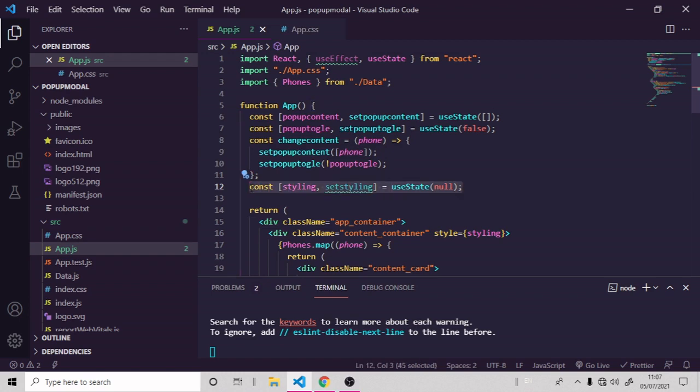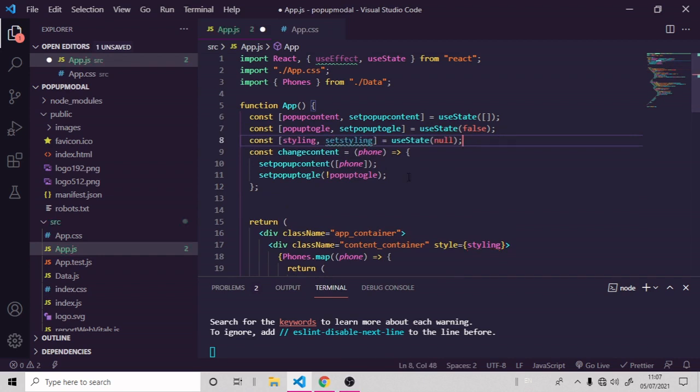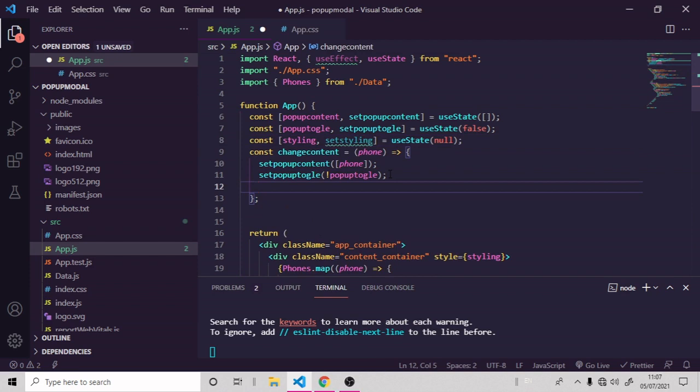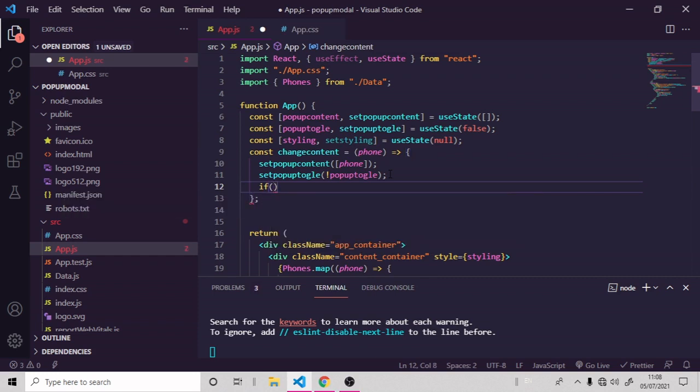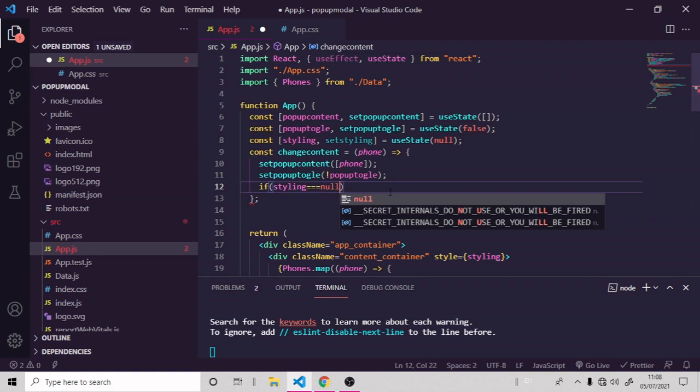First, let's move it up. Then when the modal is open, we need to say that if the styling is null, then we shall